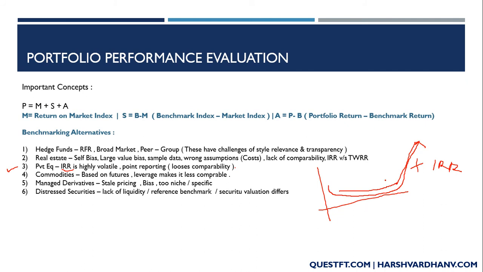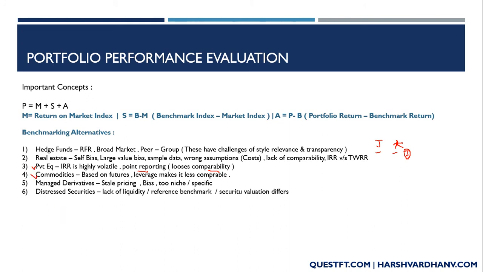So IRR is highly volatile, and in the initial period is often negative because they are invested in growth companies which burn a lot of cash. And then it is point reporting. See, private equity does not have a responsibility of reporting on a quarterly basis, right? They will report whenever asked or whenever they want to, in the sense when they come in public and they talk about it. So it's point reporting. If they are coming in the month of June, they may come up with the month of June report, but you don't know what happened in the month of Jan. You don't know what happened in the month of April. But if it's a publicly listed company, you can see that in the balance sheet and income statements. So that way it loses the comparability.